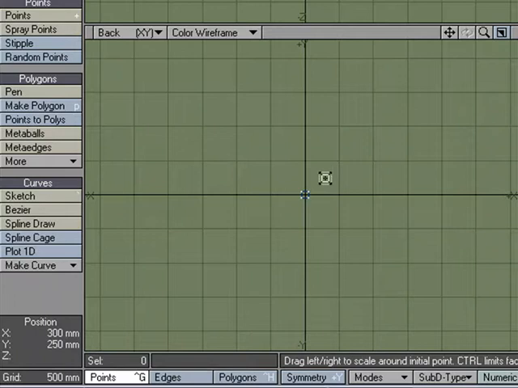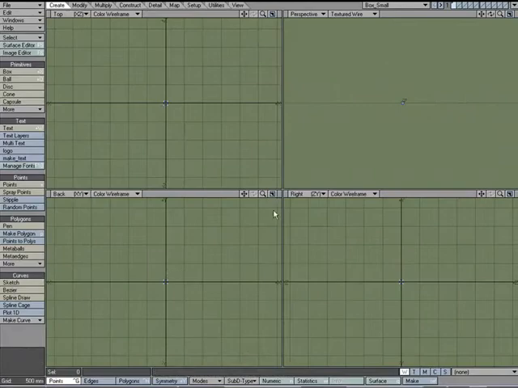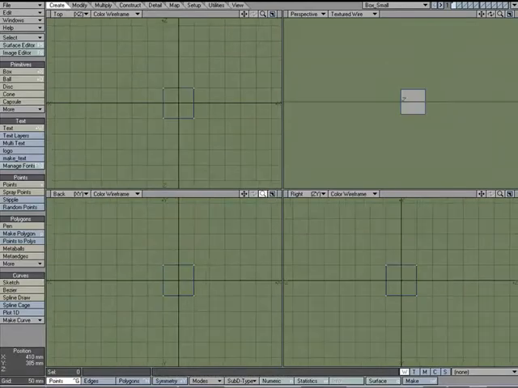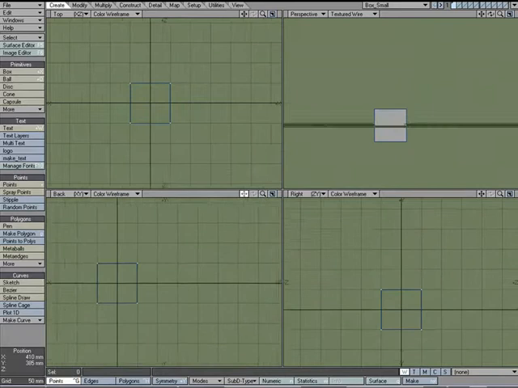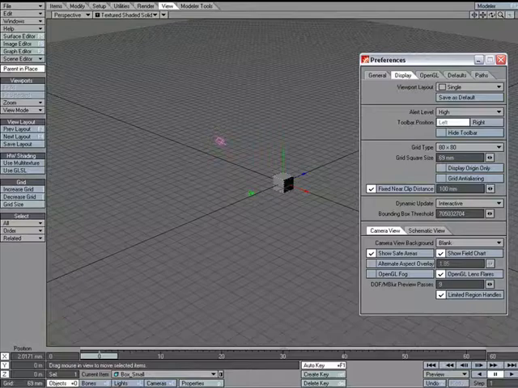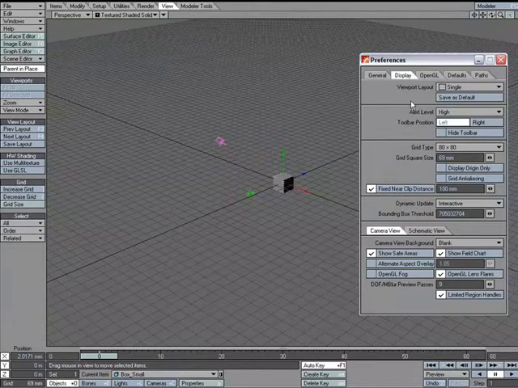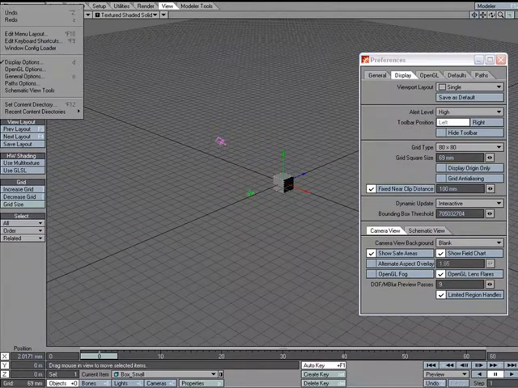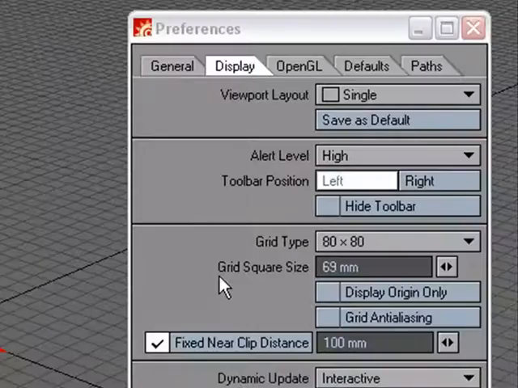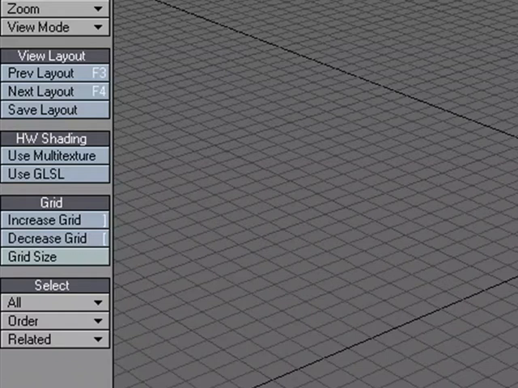So by zooming in and out, I can change the grid square size in Modeler, and in layout I need to go to D for display options, which is also found under edit display options, and you just go over to the grid square size and change it there,